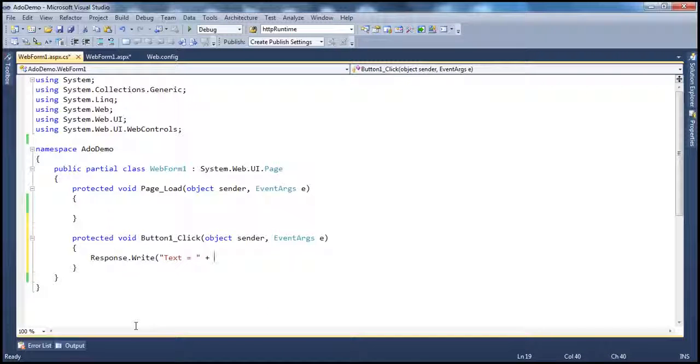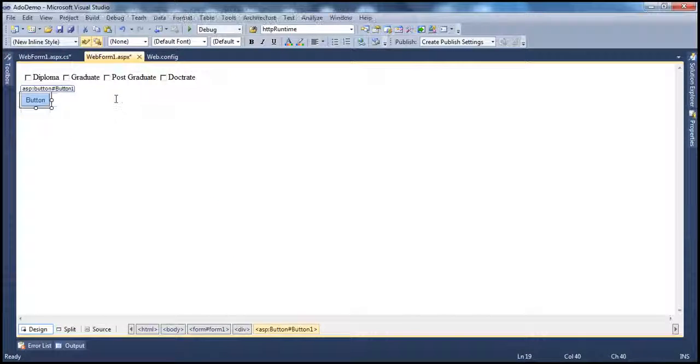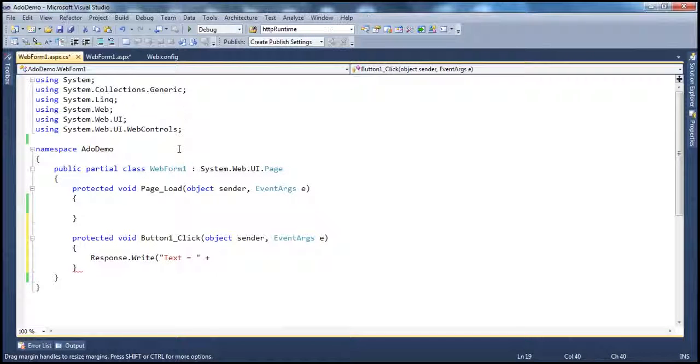Okay, now remember, the user can select more than one list item object. So we need to loop through each list item object within this checkbox list control. So obviously, to loop through each list item object, we can make use of the for each loop. So for each, we know that a drop-down list or a checkbox list is a collection of list item objects. So for each list item,